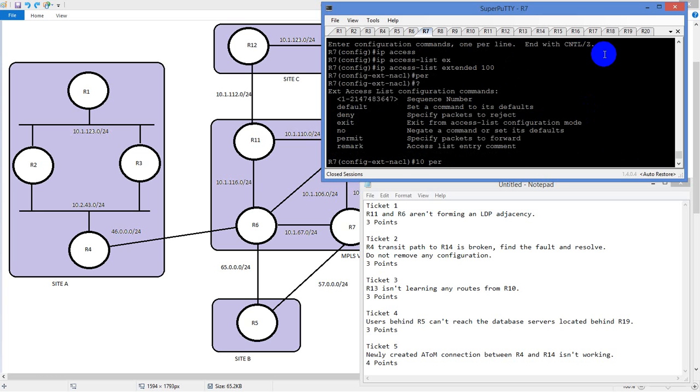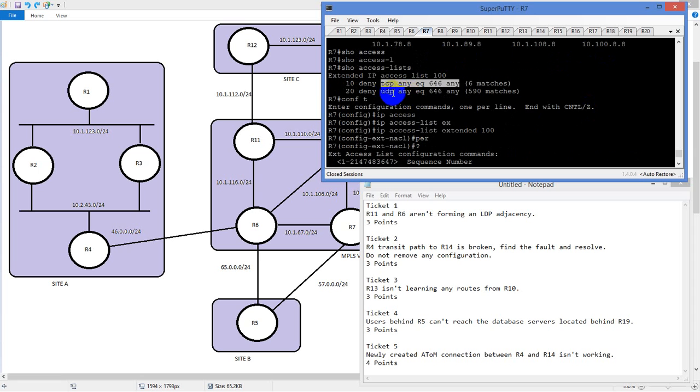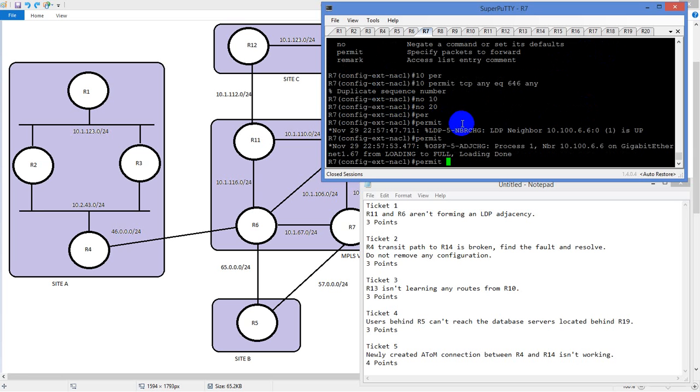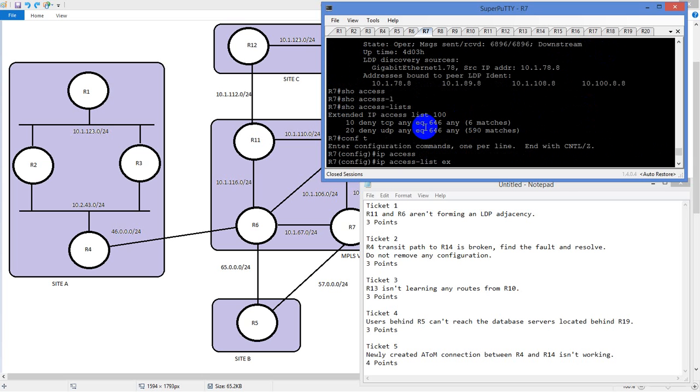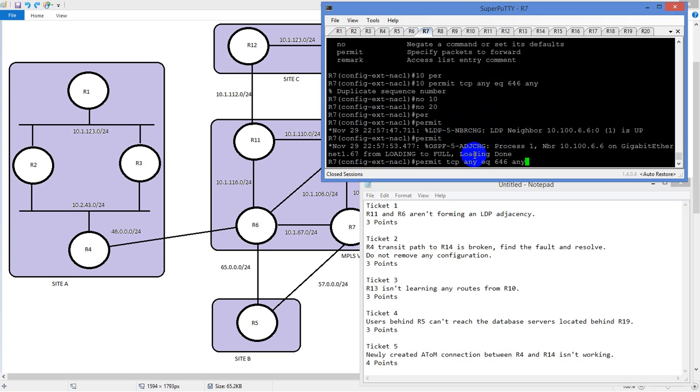So permit. And since we have this right here, we're just going to copy and paste it. And we have our, hey, guess what? OSPF came up. And you might be asking yourself, how did OSPF go down? Well, that's because I didn't have a permit IP any below that to make OSPF operational, as I hadn't cleared the routing table yet. So we're going to do a permit TCP IP any,